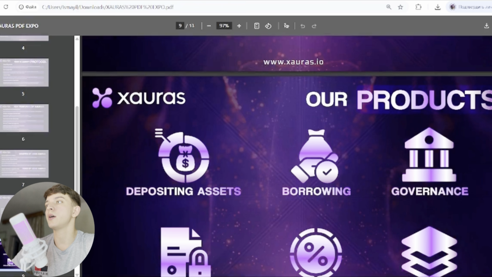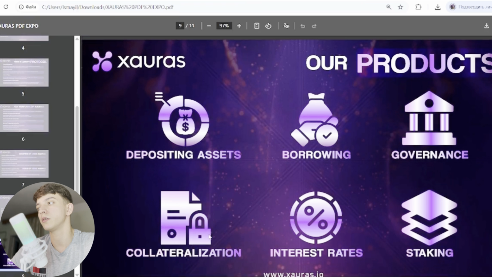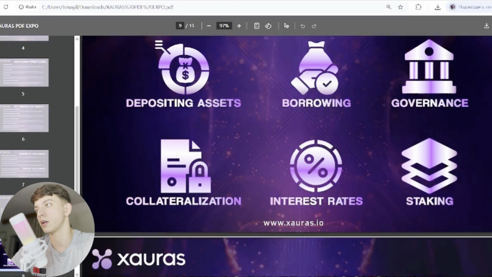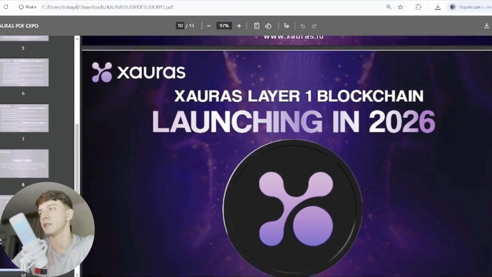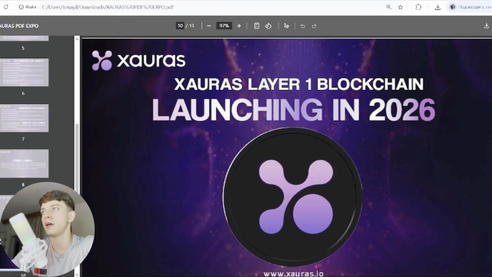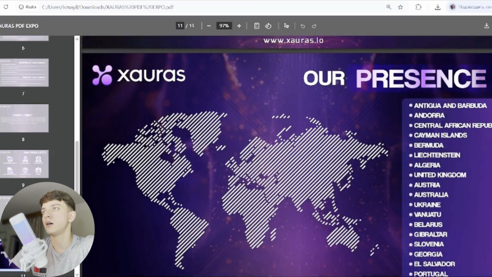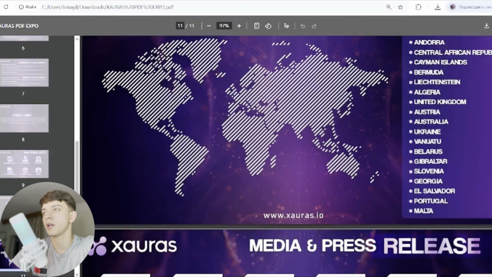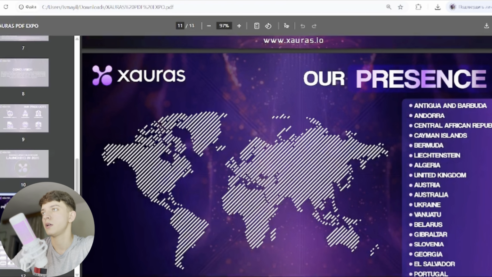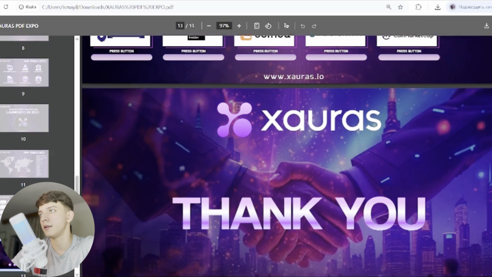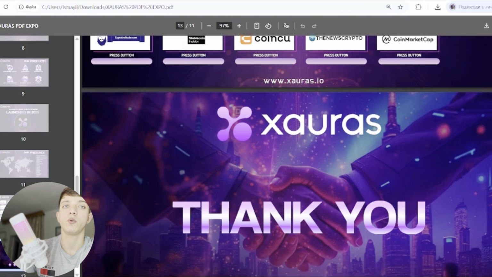So their products are depositing assets, borrowing, governance, collateralization, interest rates, and staking also. Xauras is a layer-one blockchain launching in 2026, so it's quite new, and you will see the launch in 2026. And for their presence, there you can see the countries and the media press release. Those are the countries where they are present, and that's it for the PDF. They have a Telegram, a website, and all the main links